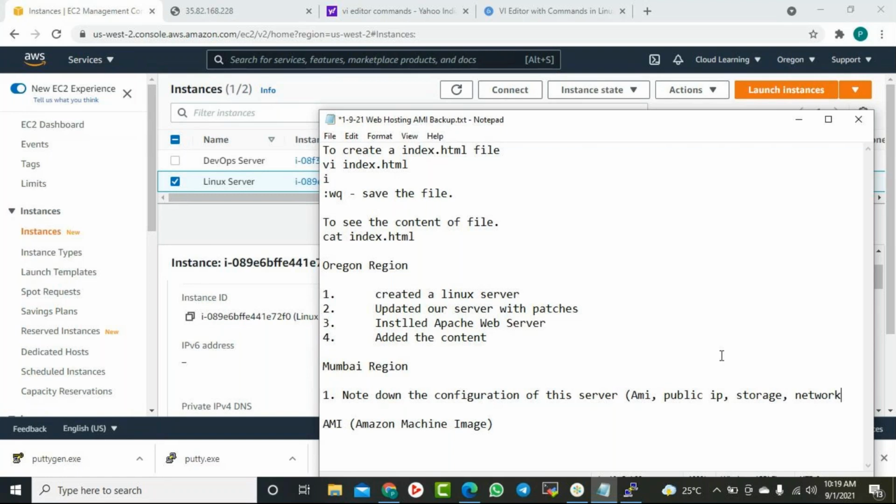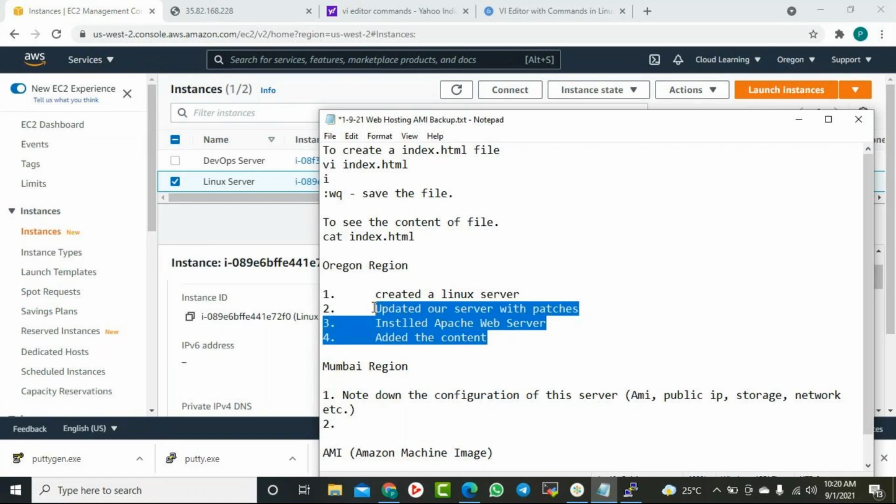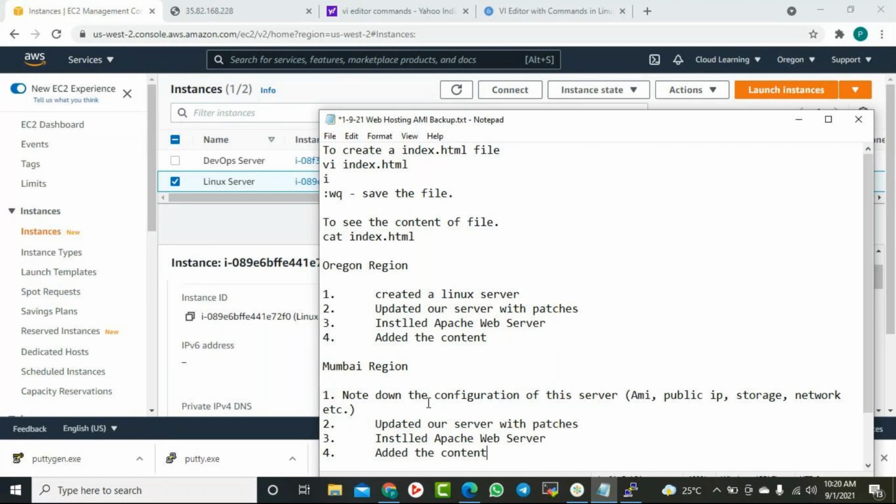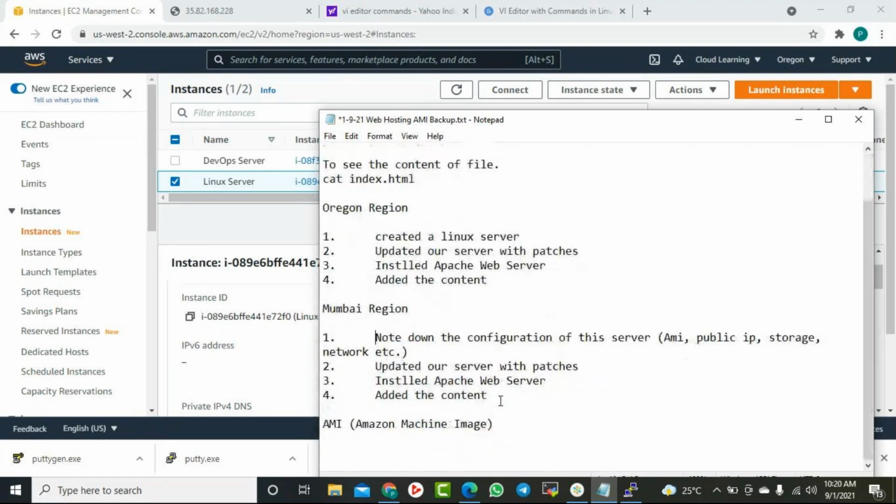How many storages it has, how many disks it has, so many things. This is one thing. Then the second step will be, we will again perform all these actions with these configurations, whatever configuration you need.